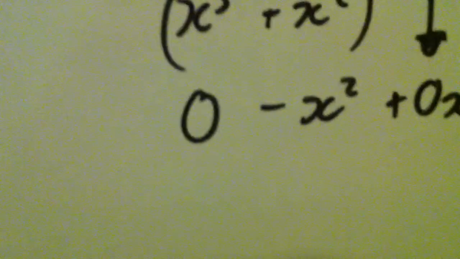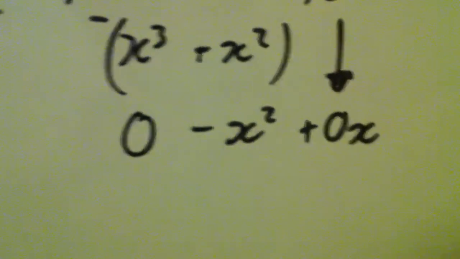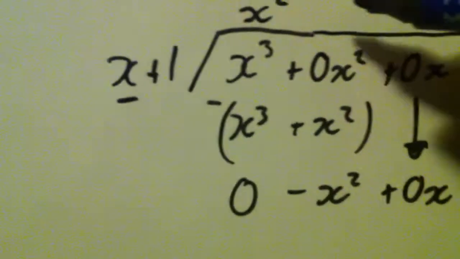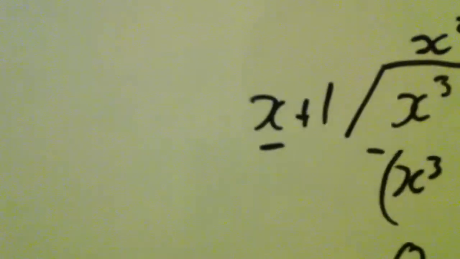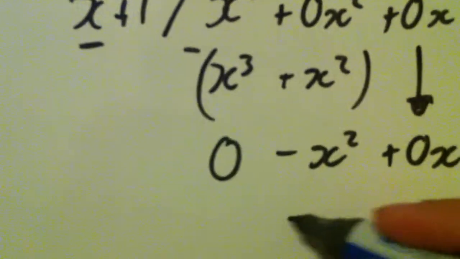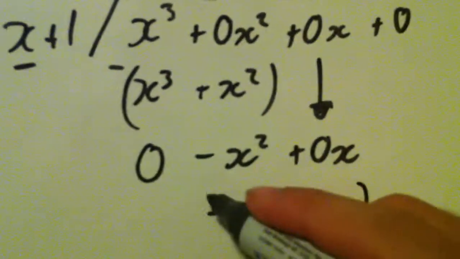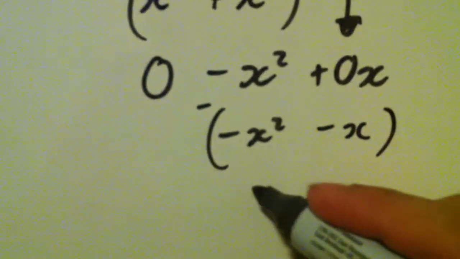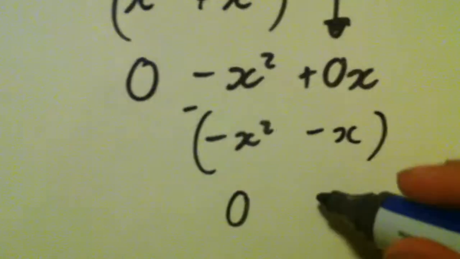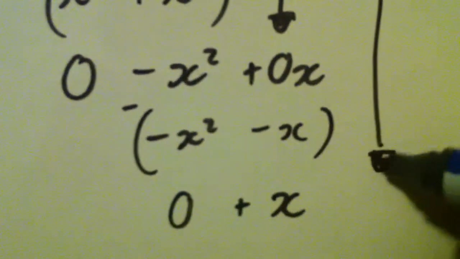So now I'm focusing on my negative x squared. So what do I have to do to x to get negative x squared? Well, I times by negative x. So we write our negative x up here, and then we repeat our process. So negative x times x gives us negative x squared, and negative x times 1 gives us negative x. Minus this from this, so minus x squared minus x squared gives us 0, and minus x gives us plus x. Drop down your last value,